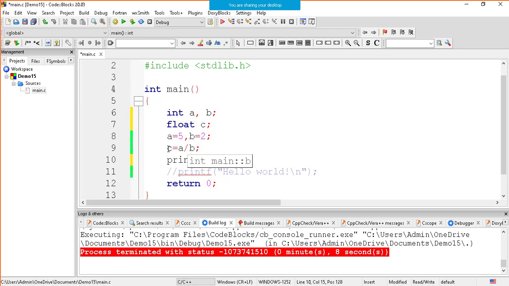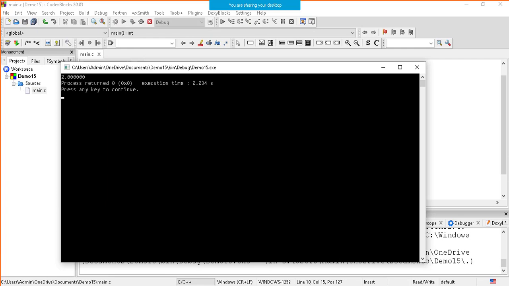But when it goes to the container like this c, because c is a float, when it goes into c, it gets converted from 2 to 2.000000, but it will not get converted to 2.5. You can verify here. So let me run this program again. Can you see the output? It's 2.000000. So according to the container, it has changed the shape. Like when we fill water in a bottle, it takes the shape of the bottle, like that, you know. According to the container, it takes the shape, right?